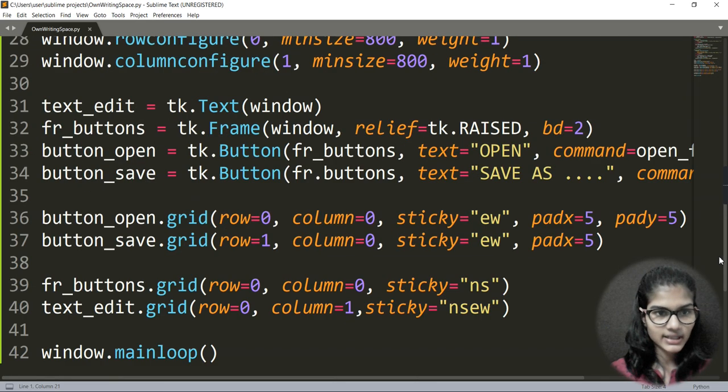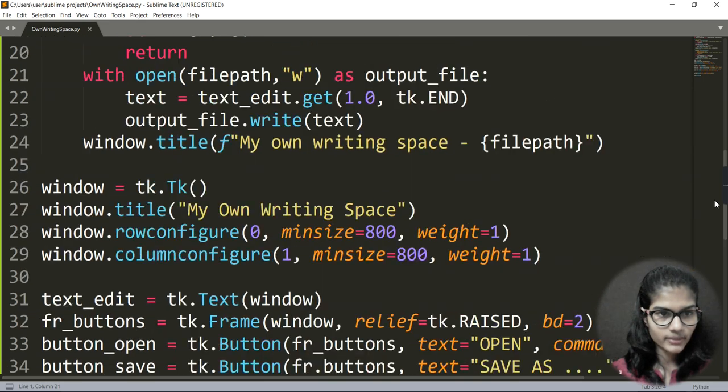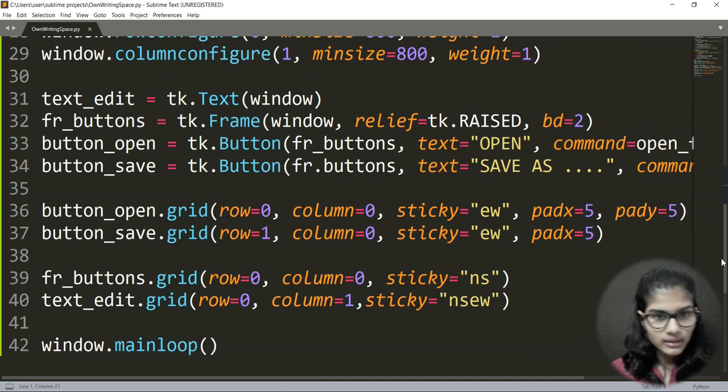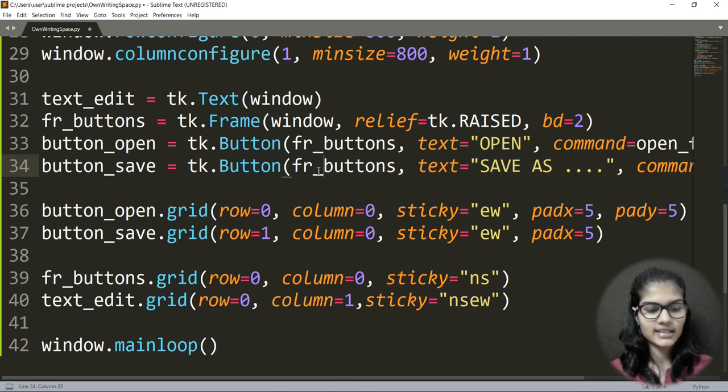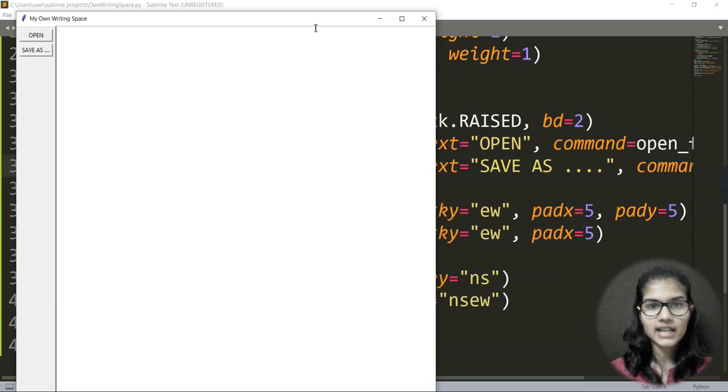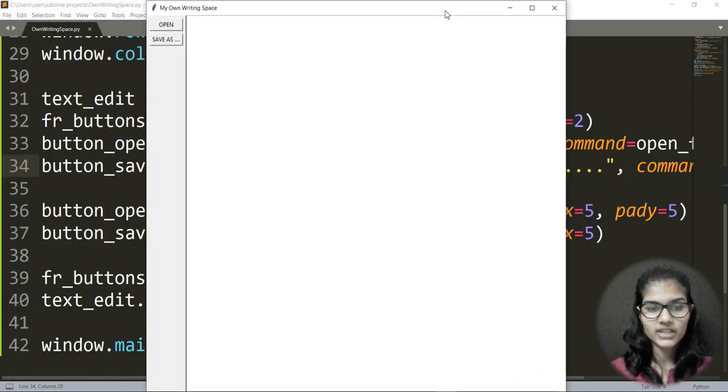Yeah, so if fr underscore buttons, I have used everywhere the buttons only. And just one more time, okay, so here it is fr dot, I just need to use fr underscore. Okay, so in that case it is fr underscore. I would just again save it, and I would just run it once again for a while. Let's check. Yeah, so basically now it is not showing me any error, and yeah, here is our window which we have just made right now.